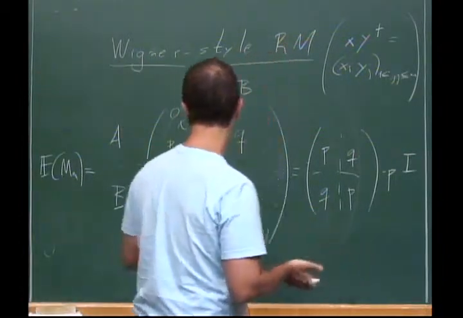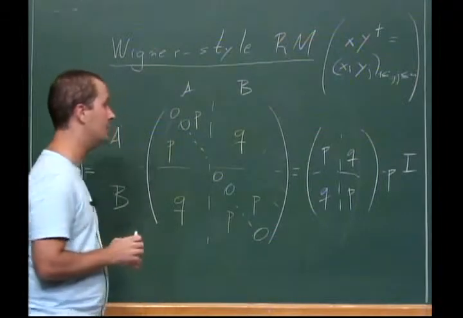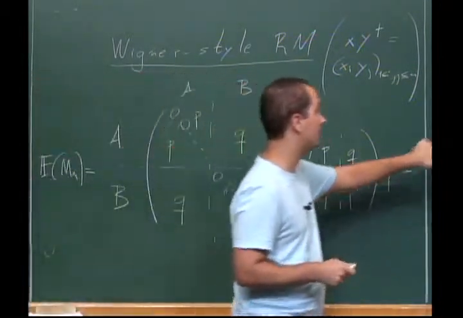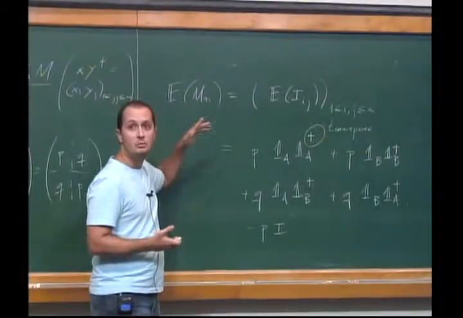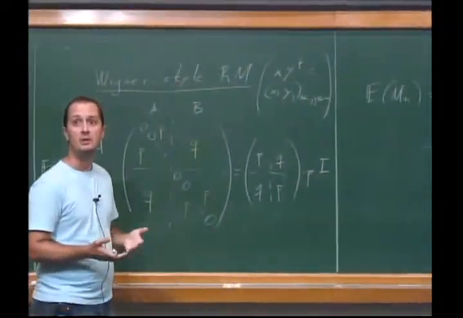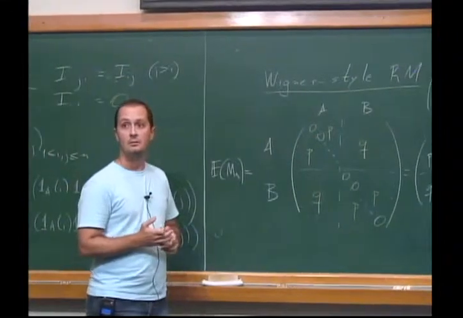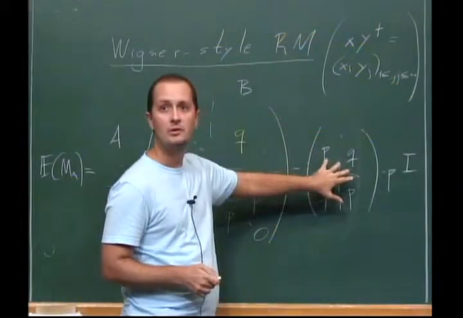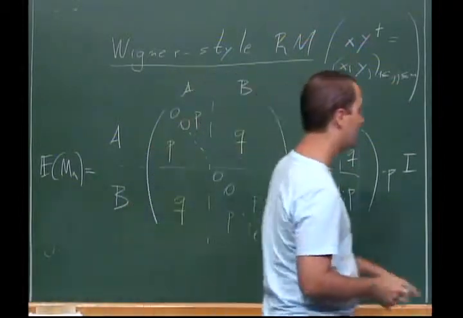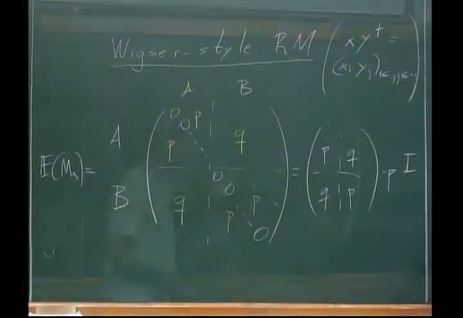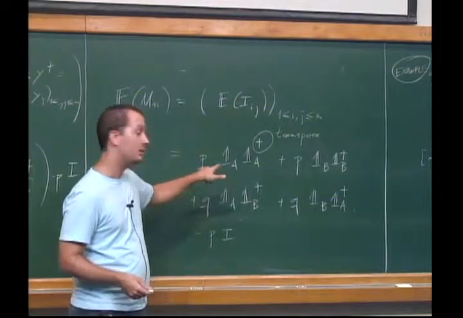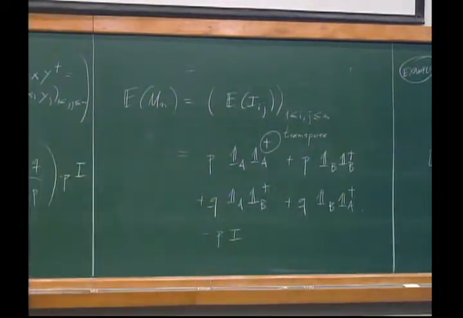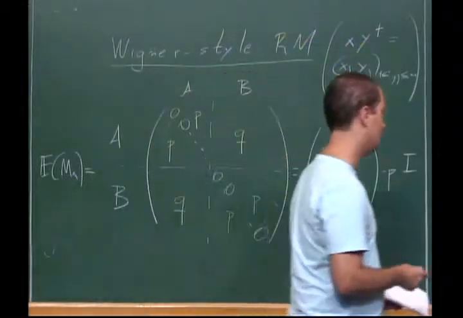Let me just say this. First of all, it should be clear from this that if you can approximate this expectation, then you should be able to approximate A and B. Why? Because you know that you have this form. So if you want, you can compute the eigenvalues and eigenvectors of this matrix exactly, and they're combinations of the indicators of A and B. So should we do this? Maybe. This is not in the notes, but we can do it quickly, I think.